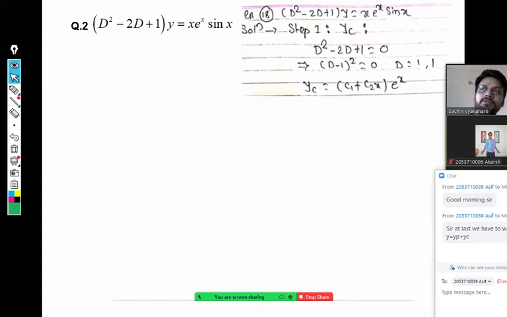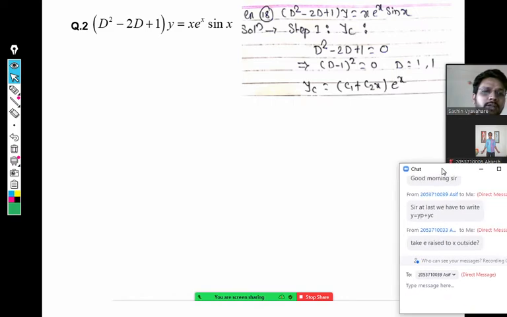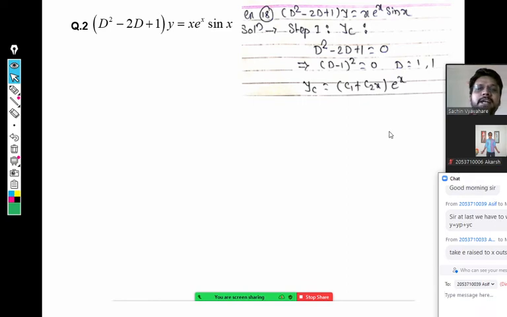X into v first, sir. There is actually no preference for either method, it is not a hard and fast rule, but generally it is better to take the exponential outside first. Yes, correct. First we should take e raised to x outside by replacing D by D plus 1. It gives us a simplified phi D. When you replace D by D plus 1, and D minus 1 is already a factor there, the question becomes really simple. You will see there is no need to use x into v also.